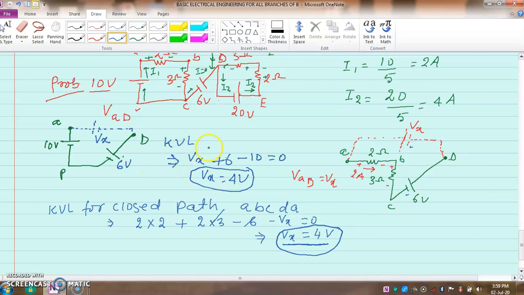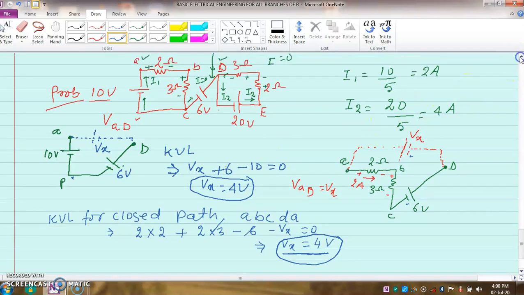So for that, this is a very interesting rule to find the potential difference between any 2 points. What I have done, I have just found out the current, and based on the current, polarity of the resistance must be mentioned. Why is polarity needed? Because polarity tells us how to find the voltage. Positive and negative sign will decide. Your entry point is positive, so write positive voltage here, and voltage is current multiplied by resistance.